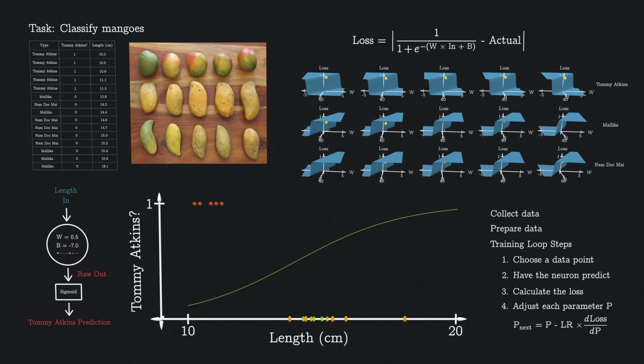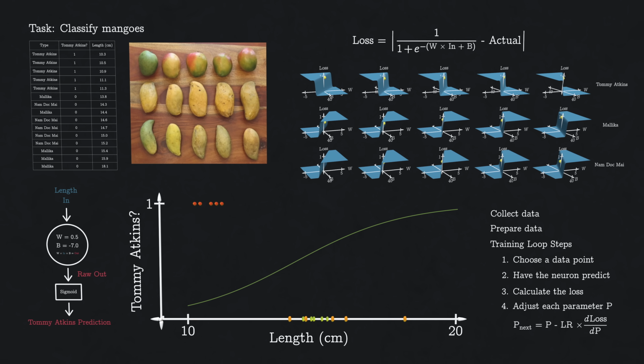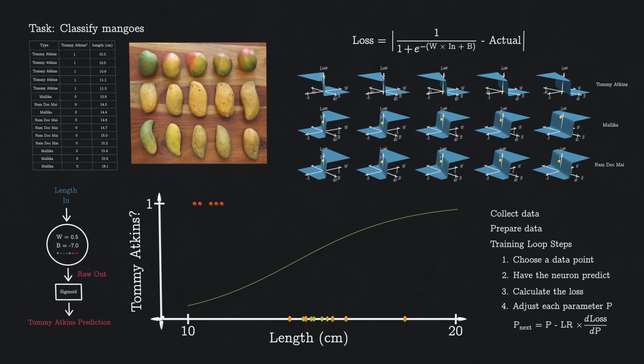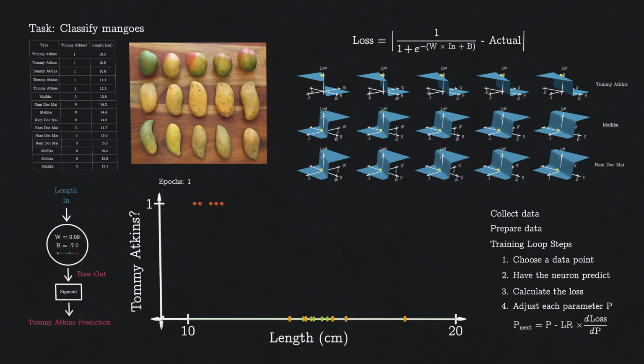All right, now that we've thought through how the training will work here, we can let the computer do its thing, looping through the process. We're going to be reusing our data many times here, and when you've gone through all of your data once, that's called a training epoch. So after one epoch, the prediction function with the sigmoid lays down almost completely flat. Effectively, the neuron has learned to just say no, not Tommy Atkins,